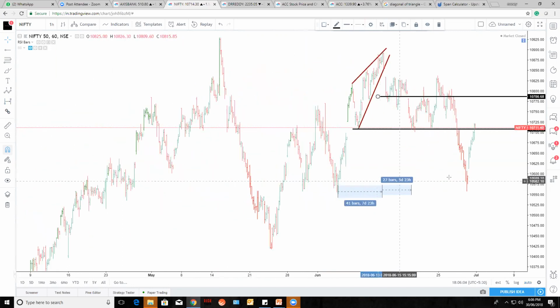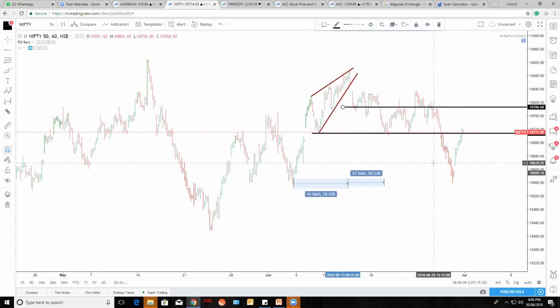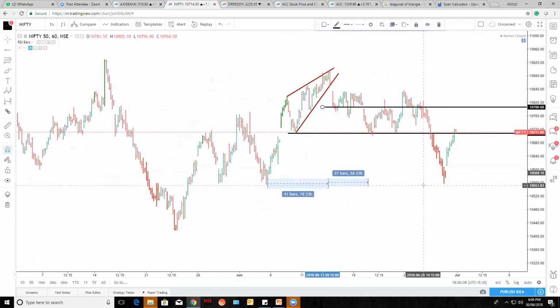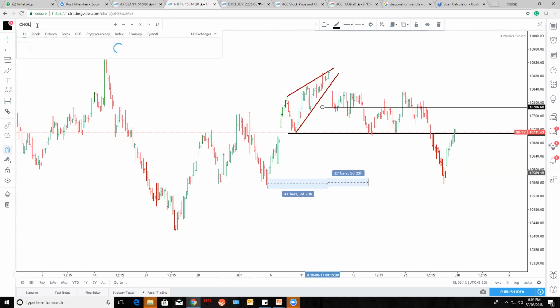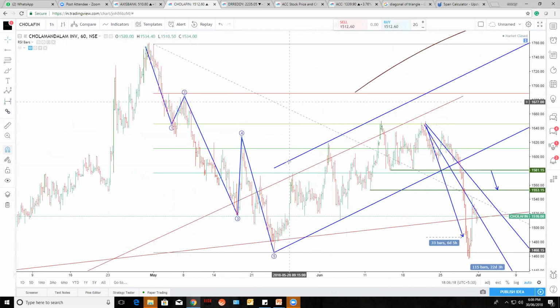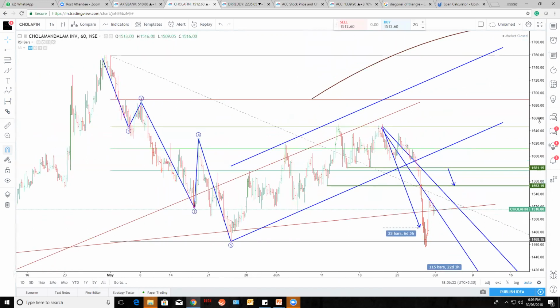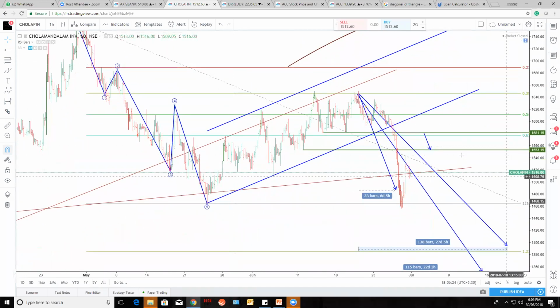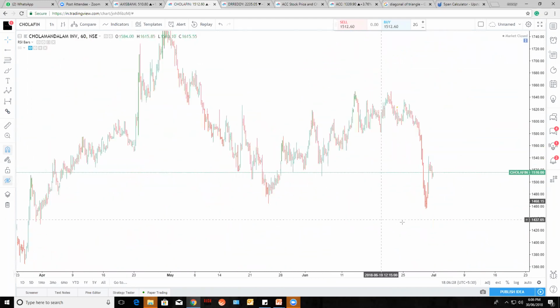One question: can we figure out these patterns in any of the charts, like 1 minute? Yeah, you can. Even in 1 minute it will work, guys. Even in 1 minute you can see the ending diagonals, and you might have seen Cholamandalam also. I have told that this is a script which is not an ending diagonal, but why did I trade this?